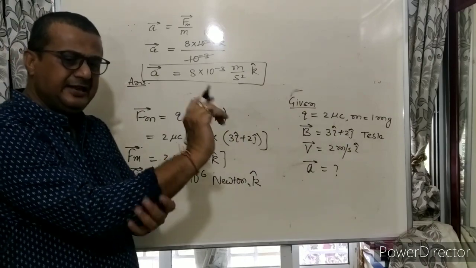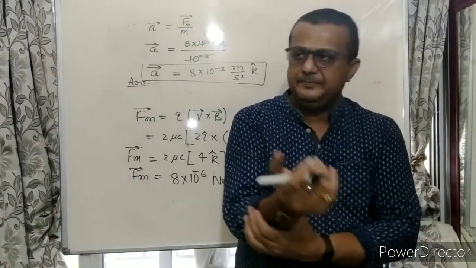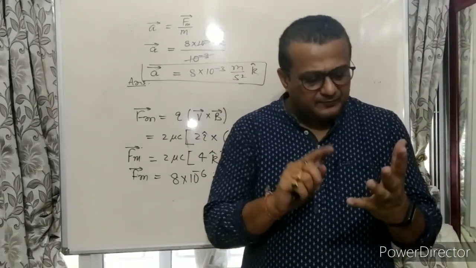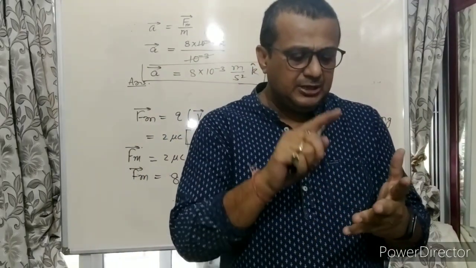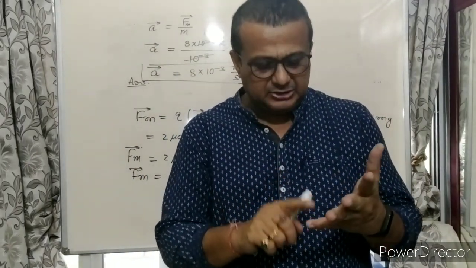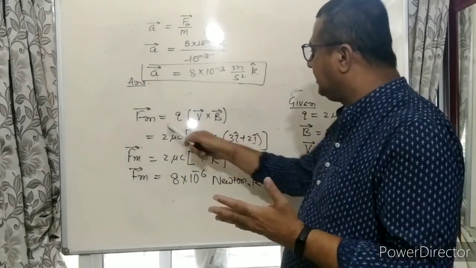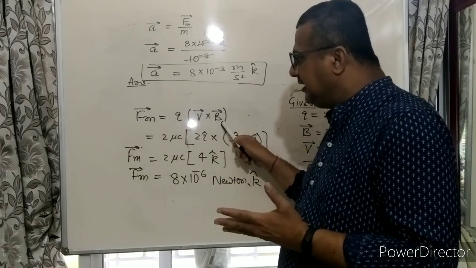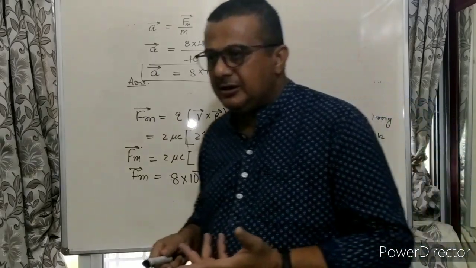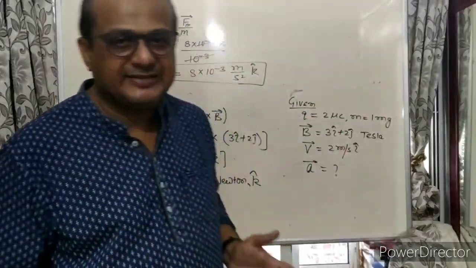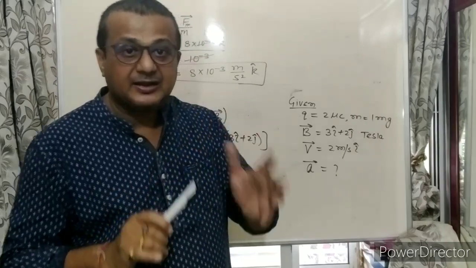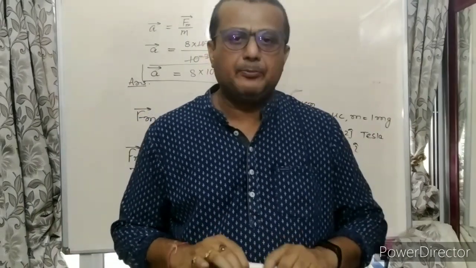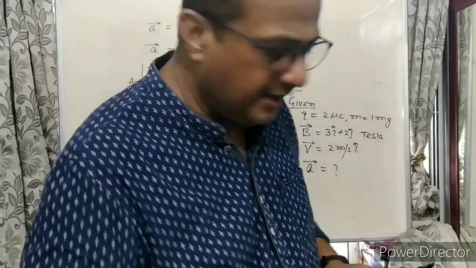So we have seen here, if you want to find acceleration, velocity, or force, there are 4 parameters here: charge, velocity, magnetic field and force. If one is unknown, you can find it out using vector calculation. So vector is necessary here. You have read the vector concept in class 11. Cross product should be clear, otherwise there will be mistakes at some points. Clear? Understood? Then one more question.